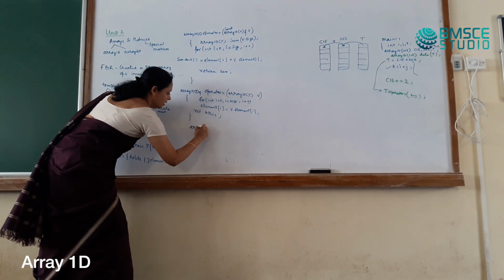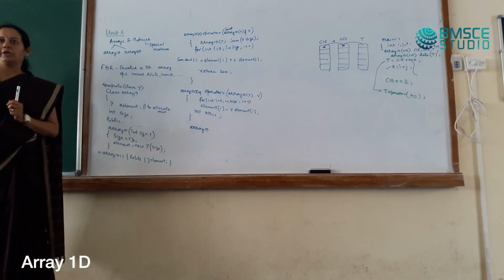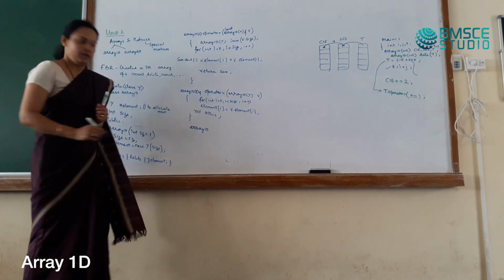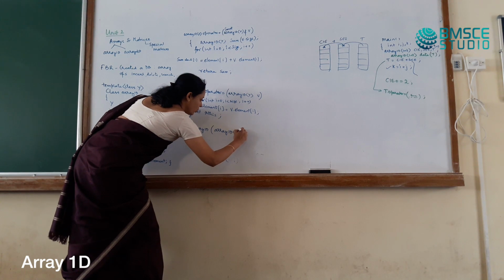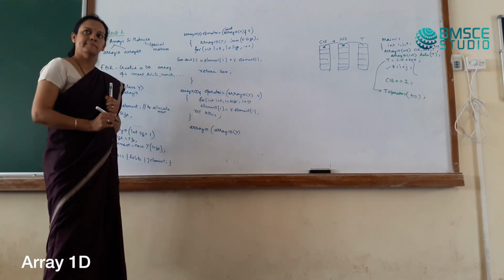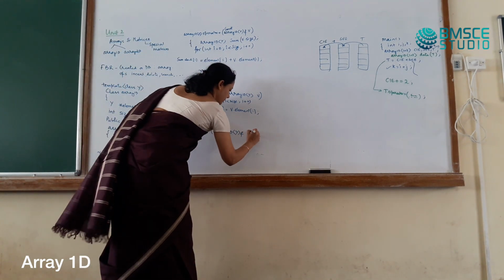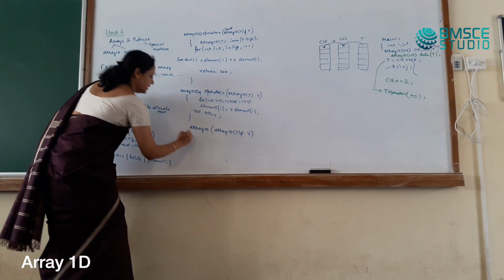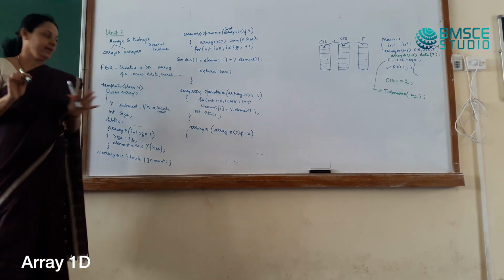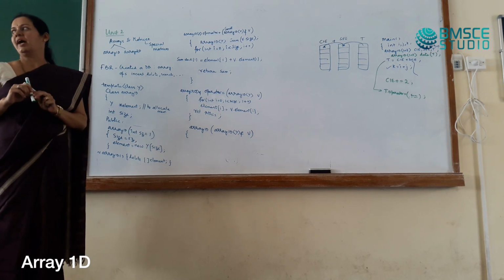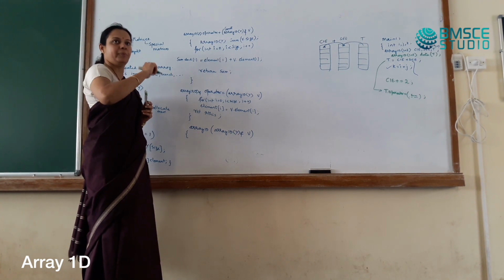Now for this line to compile, I want you people to help me write the copy constructor. The name of the constructor is array 1D. Does it take any argument? Yes, it takes an argument, array 1D ampersand, I'll take it in v. What is the return type? No return type. So what should happen? We just have to copy everything.